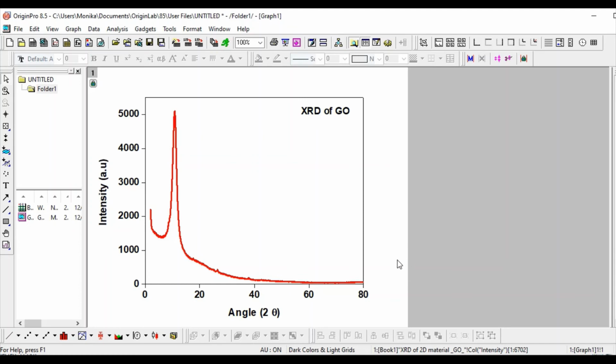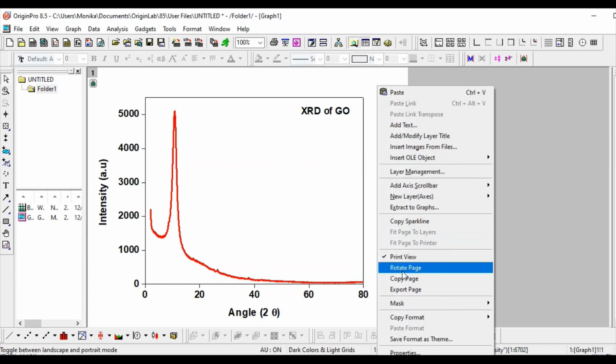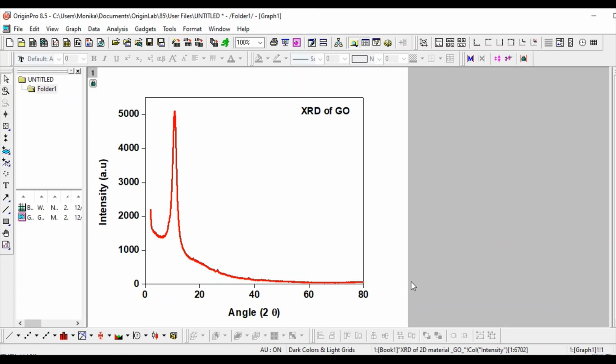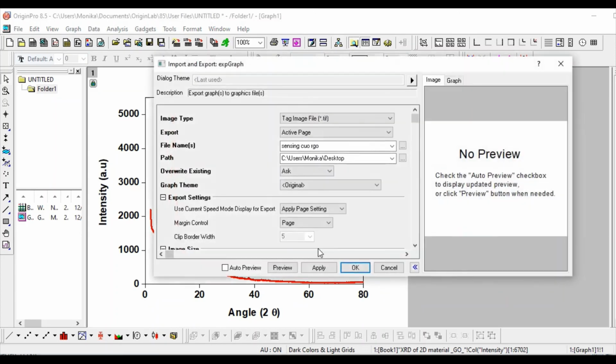Now I will tell you how to export this graph. For exporting, just beside this graph, click here, export page. This window will open. Here I can change the location, this is the desktop, so desktop, and I will name it XRD of GO.